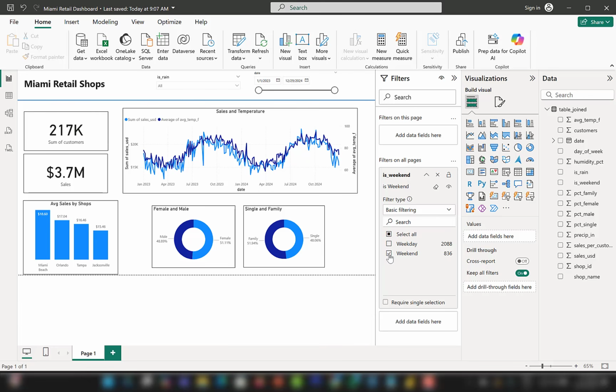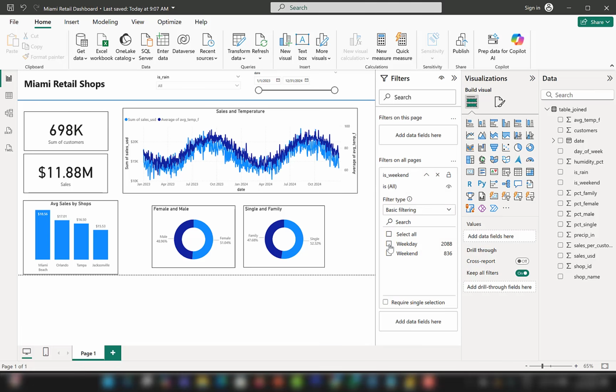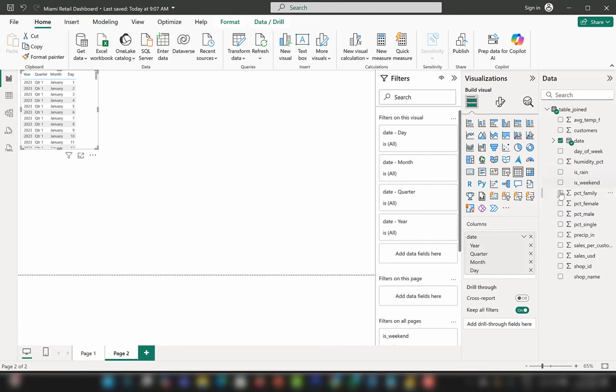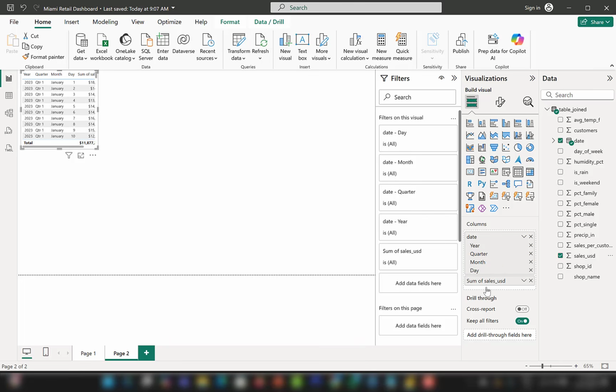Now, that's not super significant, but it's still enough to help inform the business. Now, let's make another slide here. So I'm just clicking the plus sign. And what I want to do is I want to go get my dates. And then I want to get sales USD. And you can see we have this hierarchy here